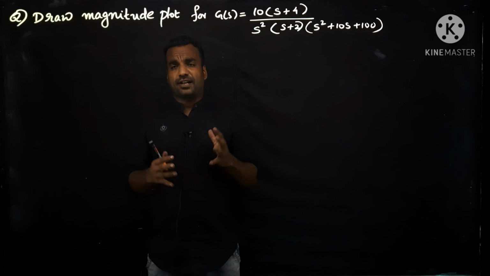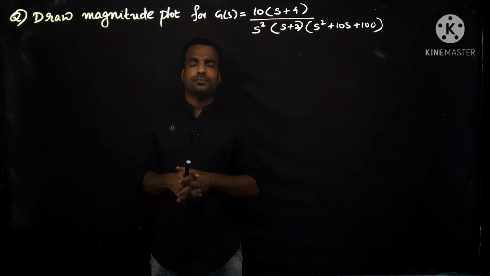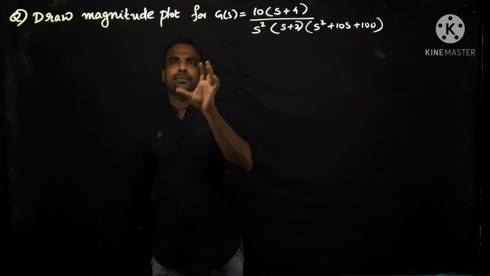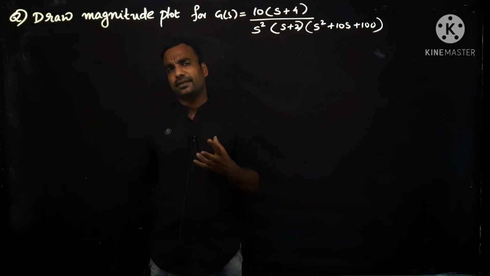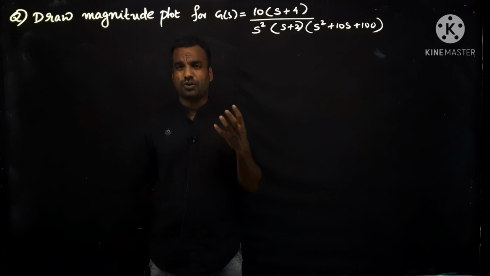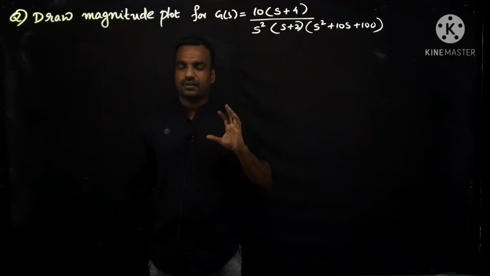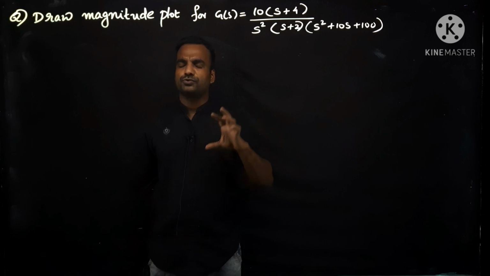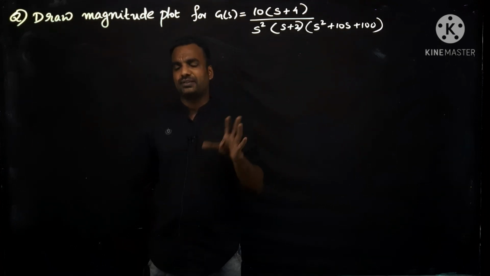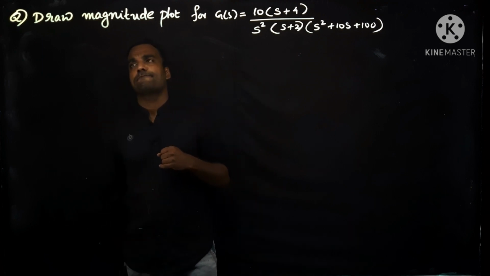So welcome back to our lecture series in linear control system. So in today's class we are drawing Bode plot. Bode plot has two parts. One is magnitude plot and the other one is phase plot. Initially, to keep it from getting too complicated, we are first taking the magnitude plot. After clearing the concept of the magnitude plot, we will draw the phase plot, and we have to use both these plots together to get particular results like phase margin, gain margin, etc.